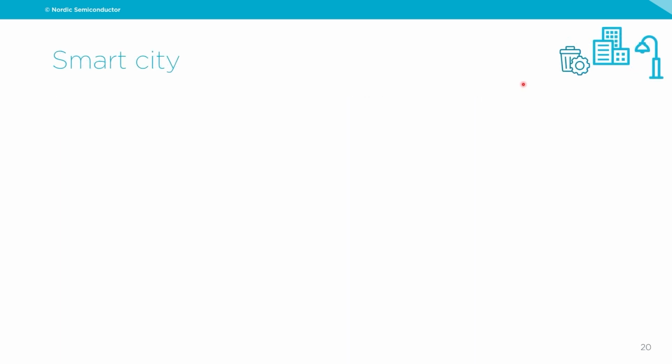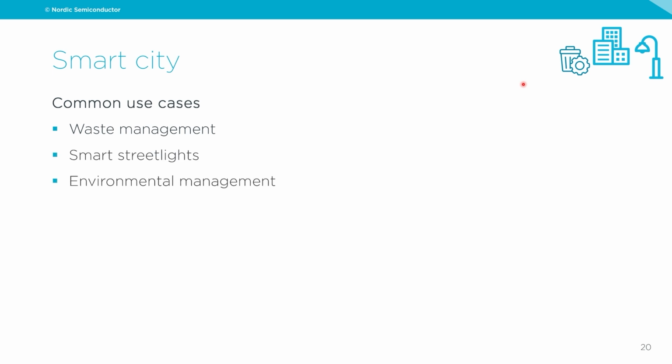Then on smart cities, some common use cases: waste management. So, for example, deploying sensors on trash bins and knowing when they're full, so that when you send out the trucks to take out the trash, they only go to those that are above a certain threshold, and they don't go to the ones that are not yet full. So you optimize the route on that. Smart street lights to make sure that you only use them when needed, so you do some energy savings there. All kinds of environmental management, water level sensors and these kinds of things.